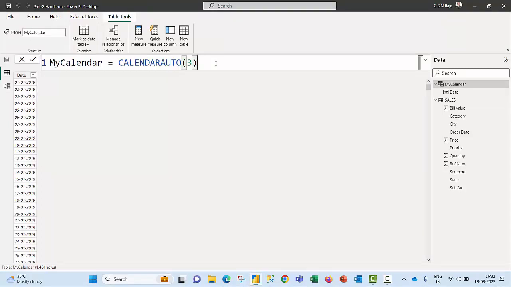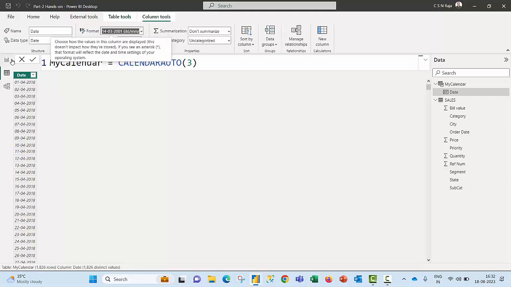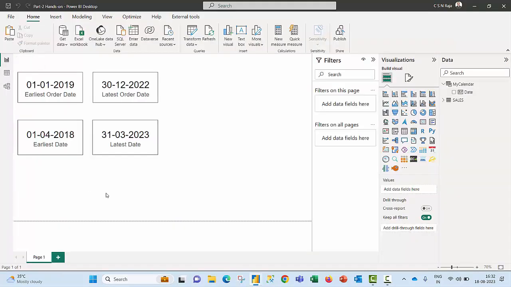That means March should be the end of the fiscal year for the calendar that will be created with a numerical value 3 within the brackets. Previously, I have not used any number, and that is a default for January to December. So when I use 3, the calendar will be created from April to March, and you are going to see that in a minute. I'm going to hit enter key in the keyboard. Then you will be able to see the date has now changed to 1st April 2018. And when I move to my report canvas area, I can see the earliest date in my calendar table is